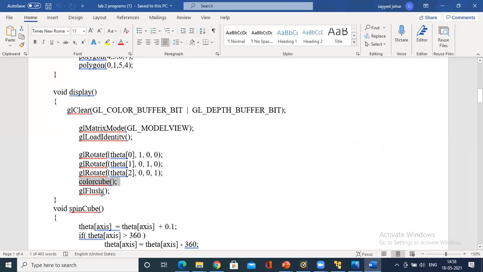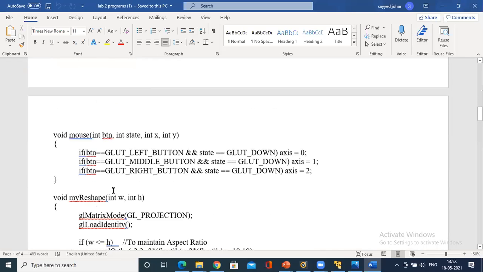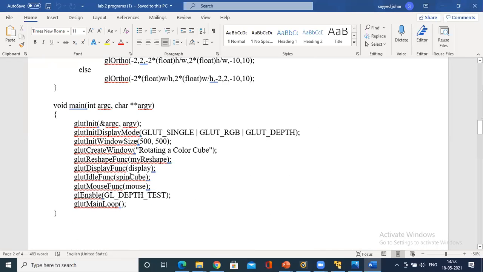Then glFlush. What does the flush function do? It is used for a rendering request. That is, all the primitives being drawn have to be discharged to the frame buffer. glFlush we have used. Then, coming to the main function, after the display function you call spinCube.